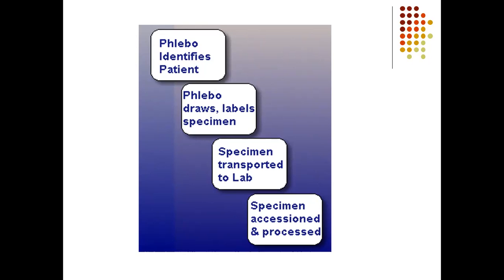You must have seen this when you have given blood in the hospital or in the lab. Then the phlebotomist draws the sample, labels the specimen, and then the specimen is transported to the lab, and then the specimen is processed. Now here, this is important. Drawing and labeling is the pure responsibility, a very crucial role of the phlebotomist, properly drawing.